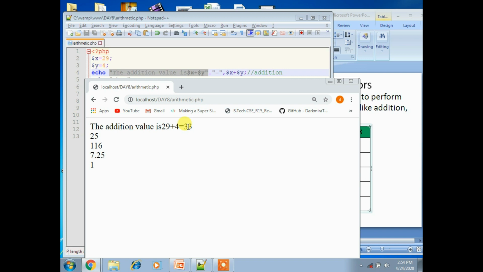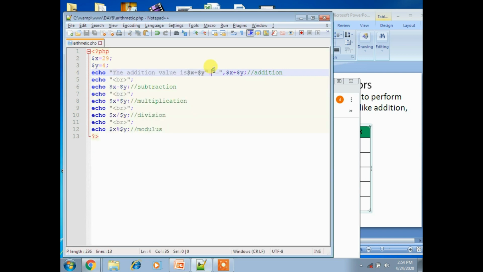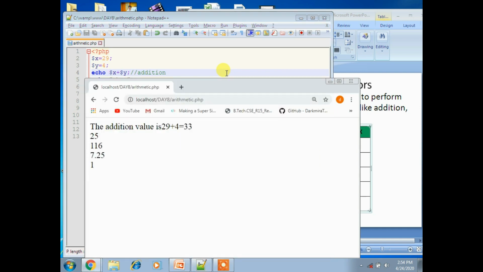Like this you can do your program in a practical session. Otherwise you can directly remove this. If you get confused, remove this statement, then it's easy. Simply you can have $x plus $y, that's it.